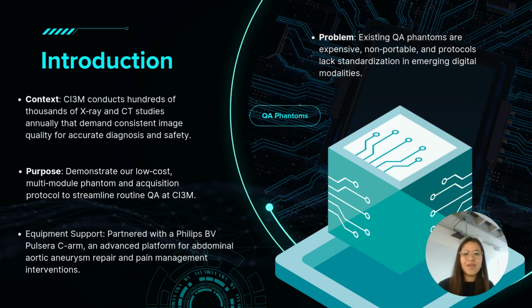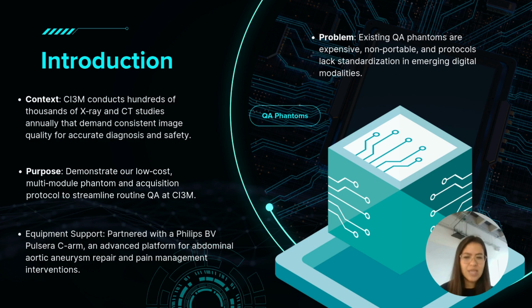At CI3M, there are hundreds of thousands of X-rays and CT scans yearly, critical for accurate diagnosis and patient care, but reliant on consistent image quality. Most existing QA phantoms are expensive, hard to transport, and also lack a standardized protocol for modern systems. Our project introduces a low-cost modular phantom and a reproducible acquisition protocol to simplify and enhance the quality at the